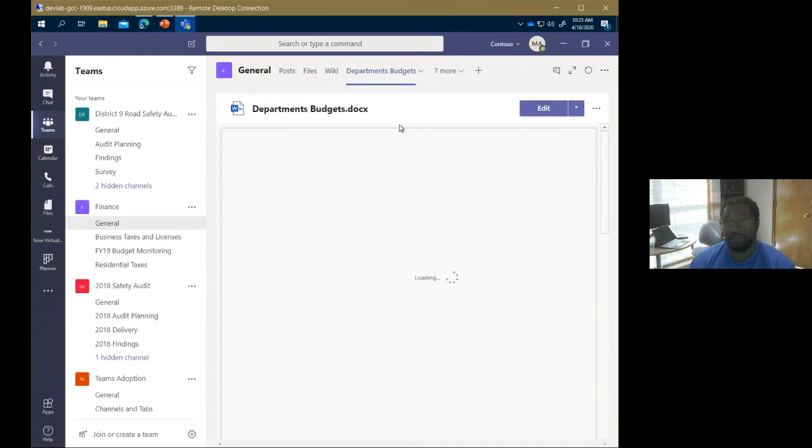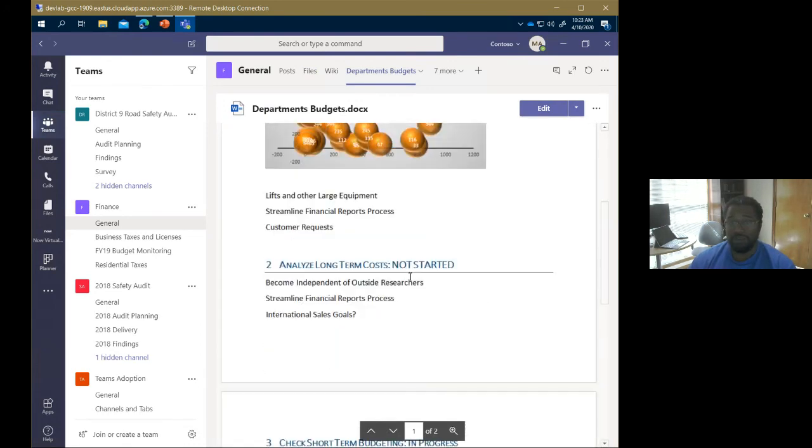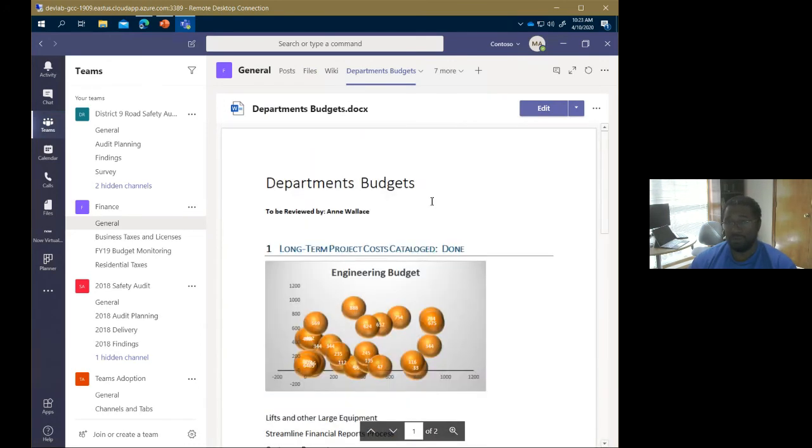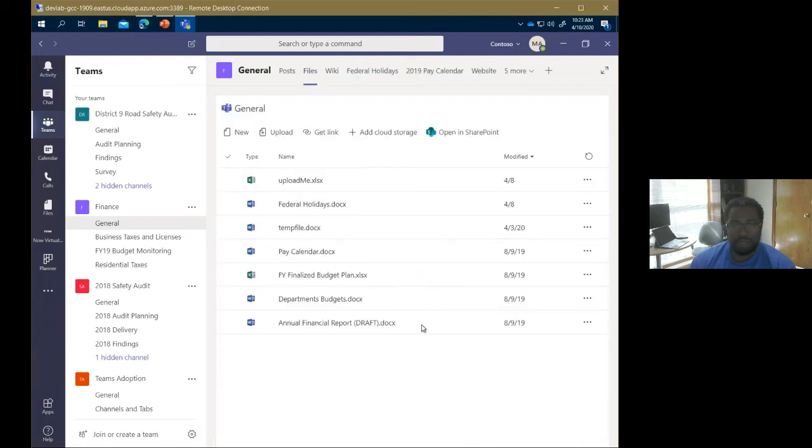And with one click, I've now made that new document a tab, as opposed to the probably 3 or 4 clicks if I would have used the plus button. So that's something to keep in mind. And I think that would apply for all the Office files at least. And I don't know if I've got a PDF in here, but I think I have to. A PDF might not be there for the GCC yet. I'd have to try that out.